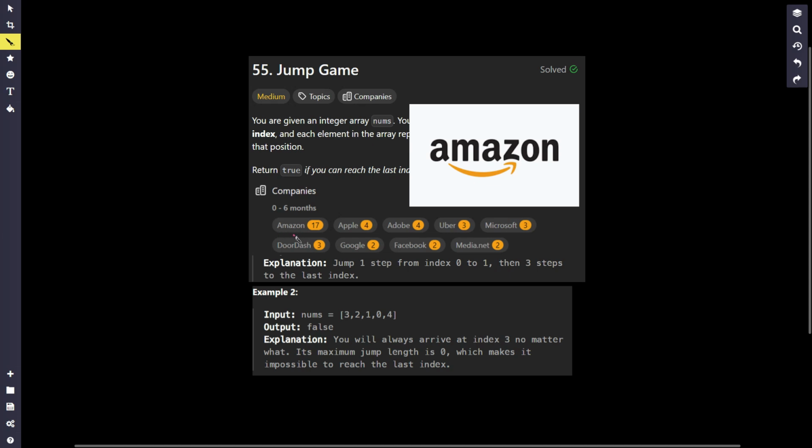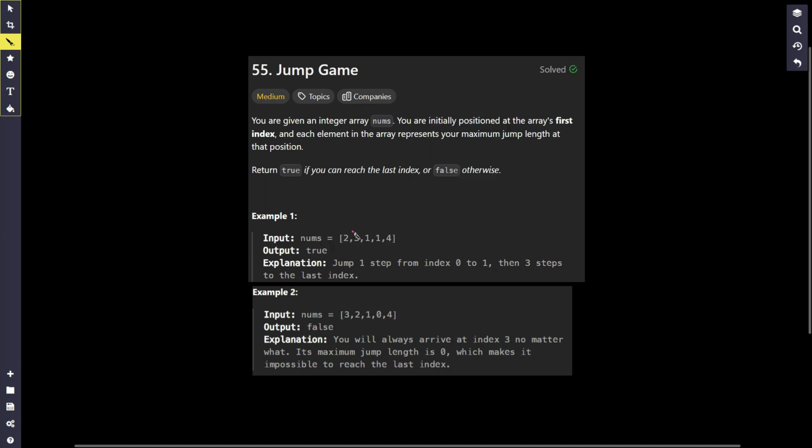Amazon just asked this question 17 times over the past 6 months. We are given an array, and each value indicates the maximum jump you can make at this point. For example, if we are on the first element, you can jump 1 step or 2. The maximum is 2. And we need to return true if we can start from the first element and jump